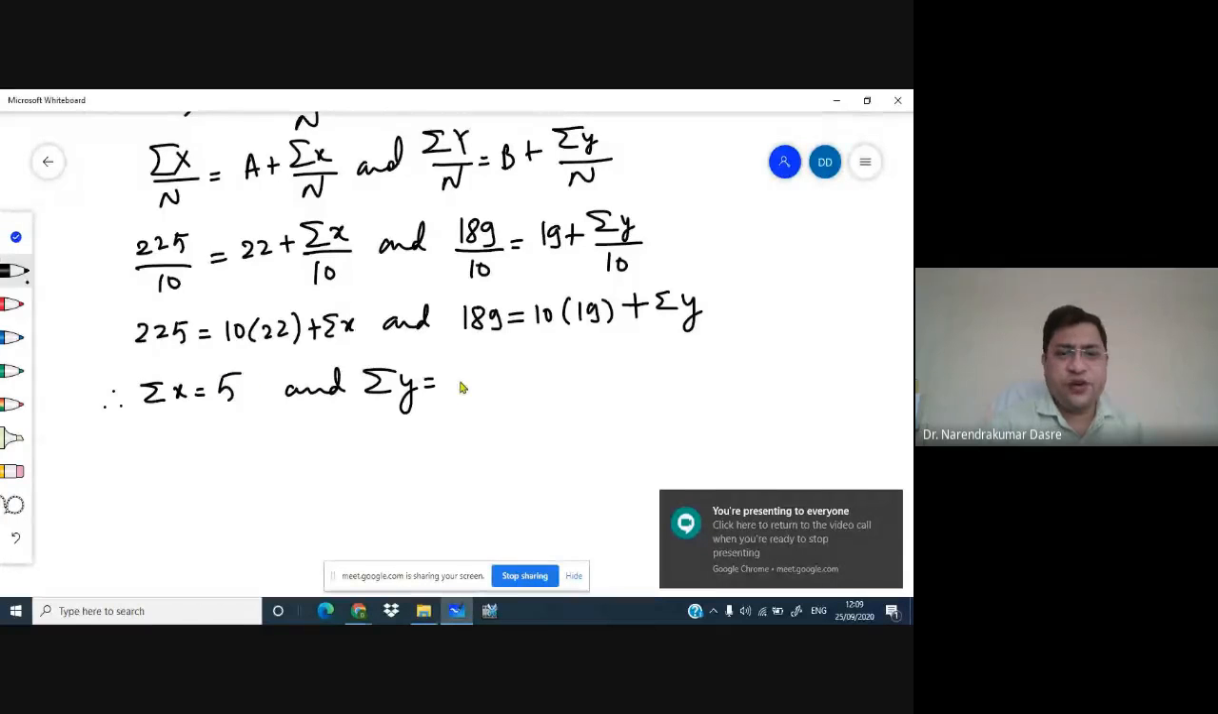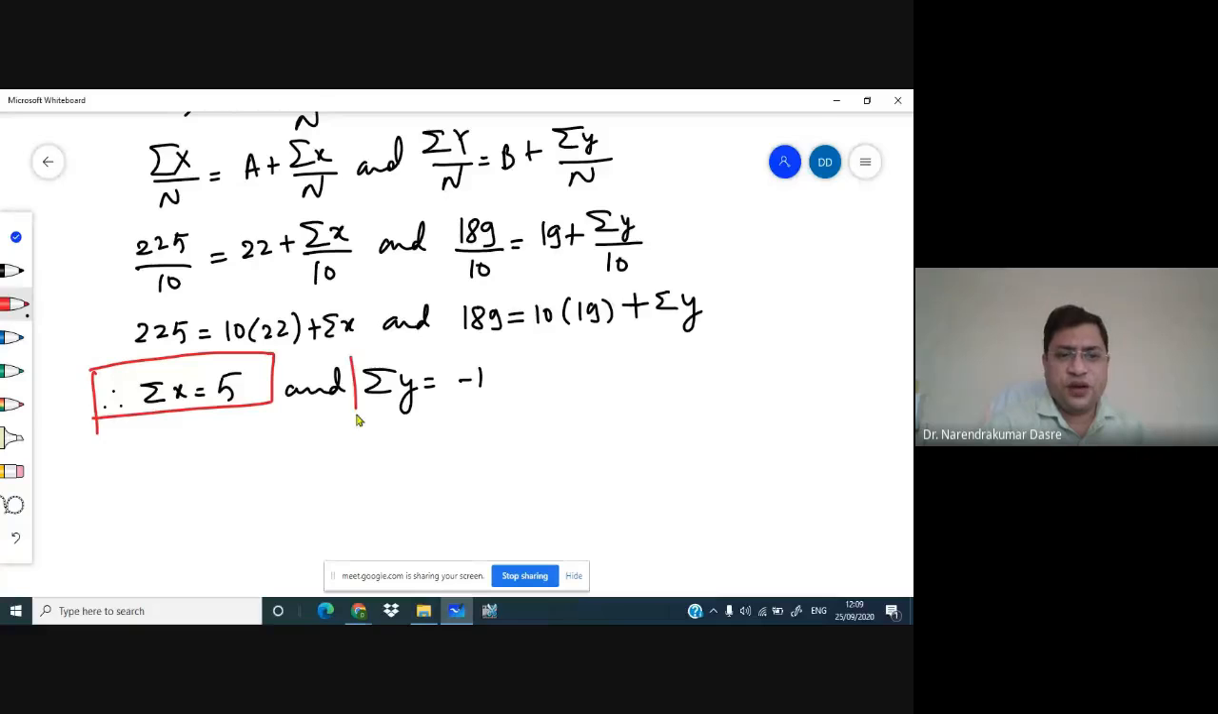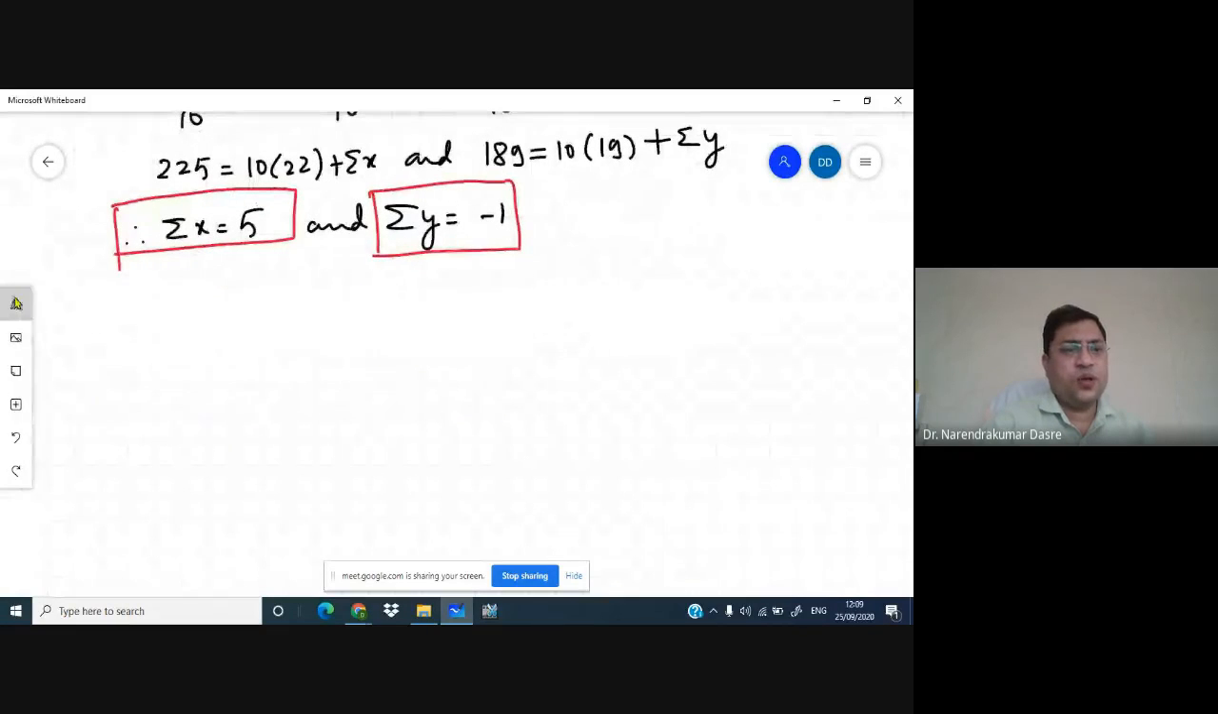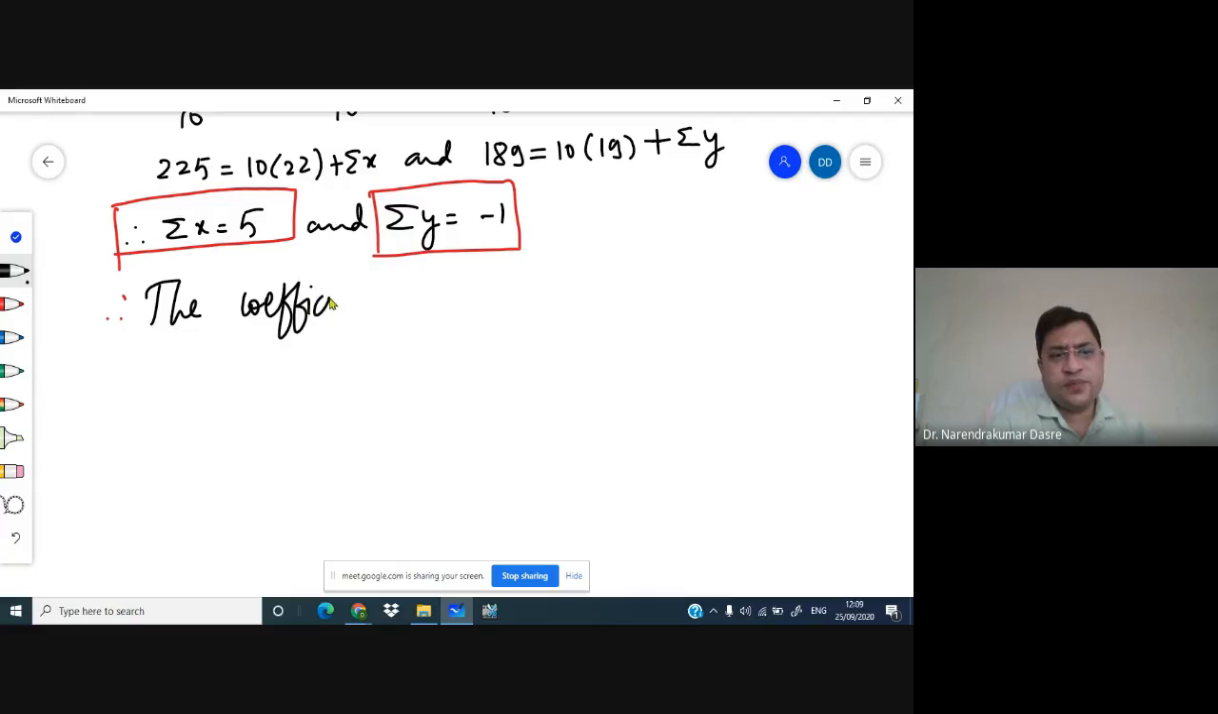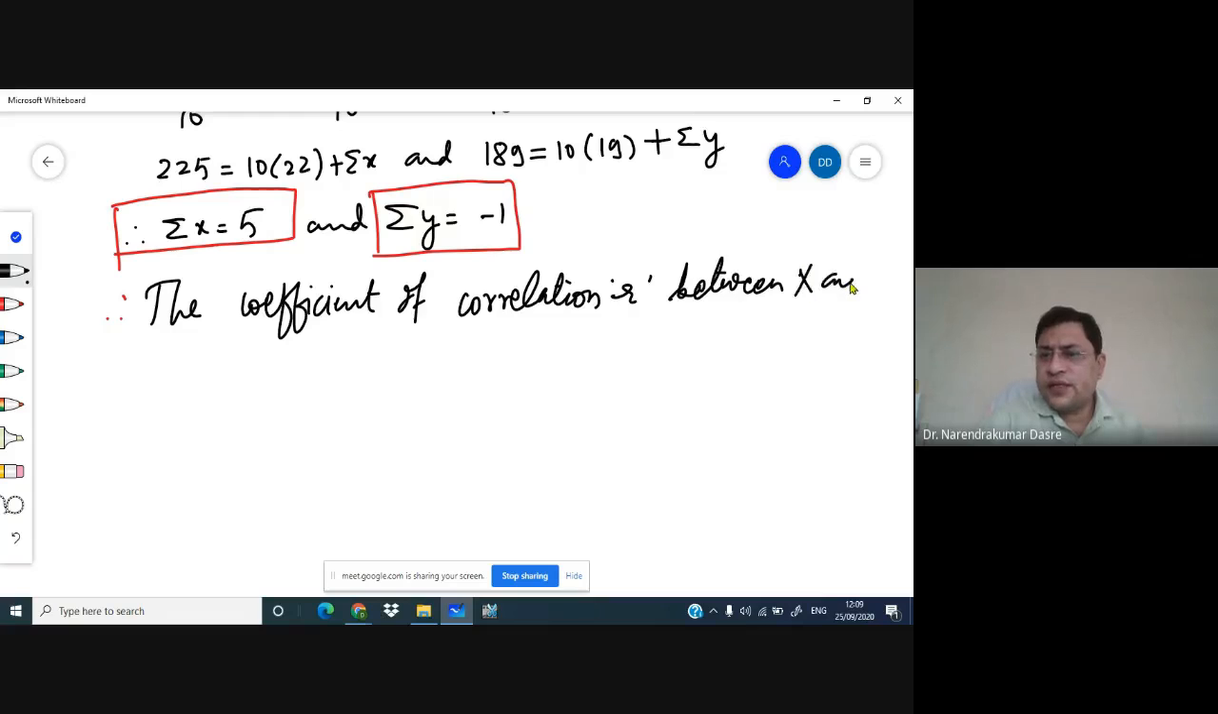So we got this is going to be 5 and this is going to be -1. So I got the value of summation x and the value of summation y. Now what is the term here we have? So we can write the coefficient of correlation, R, between x and y is given as